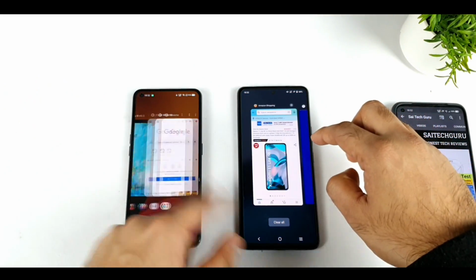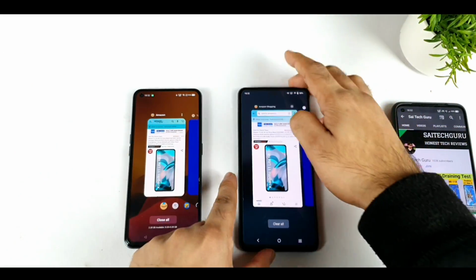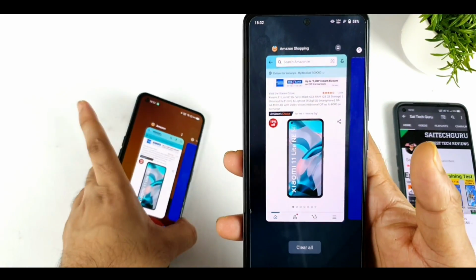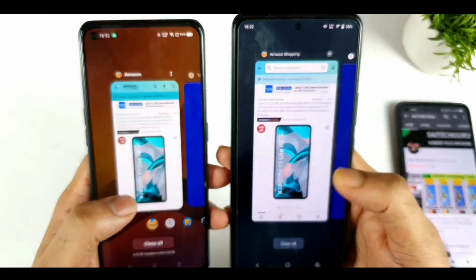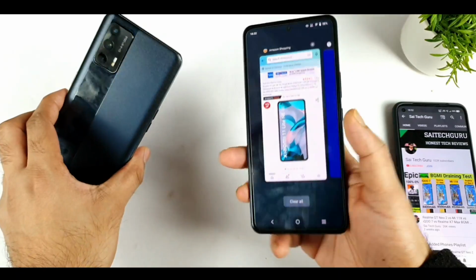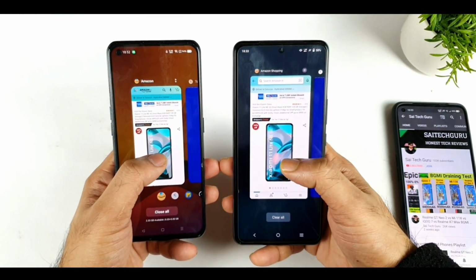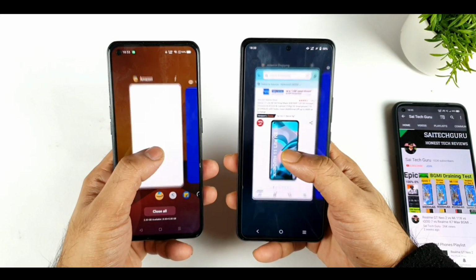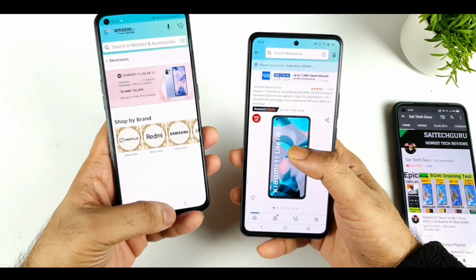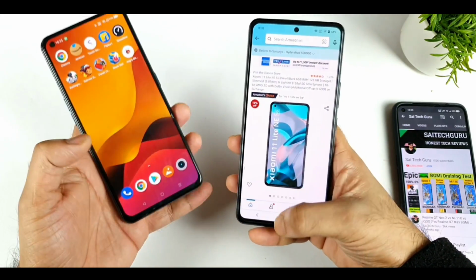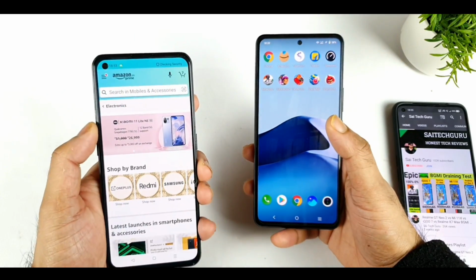Whereas the Realme X1 Max did struggle to show. Now let's see the next one in the background, you can clearly see with the Amazon application. Exactly, let me tap at the same time. So this is a Realme X1 Max and iQOO 7 device. Now we'll be able to find out the RAM management. 1, 2 and 3. Boom. So the iQOO 7 was able to keep this exact page in the background,